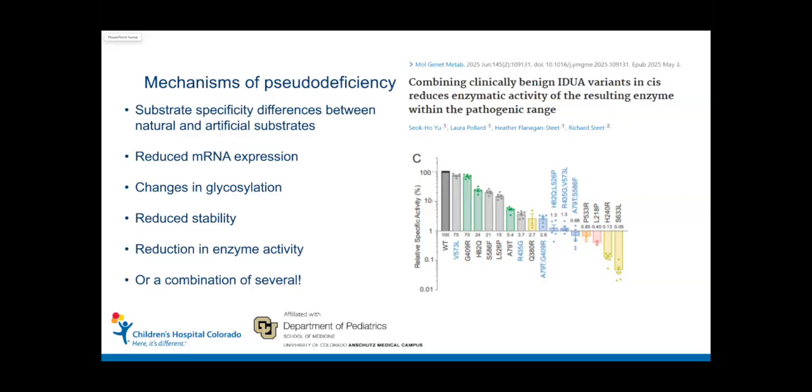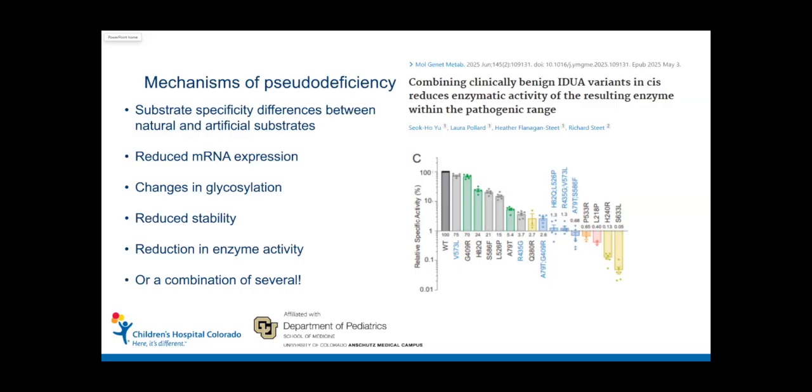But I'd like to look toward the middle of the graph where you see you've got H82Q and L526P. If you look on the left-hand side, you can see where the variants L526P and H82Q have about 10% activity. But when you put those two changes in cis, or on the same haplotype, it further drives the enzyme activity